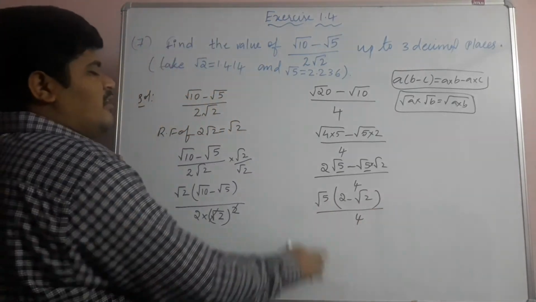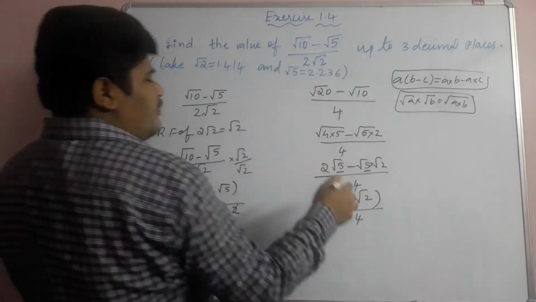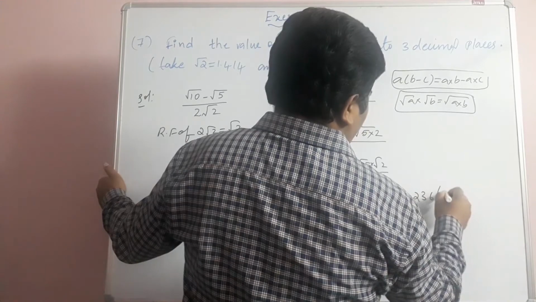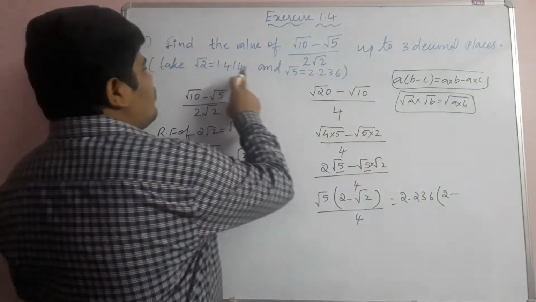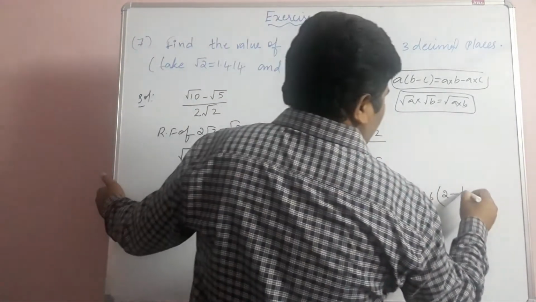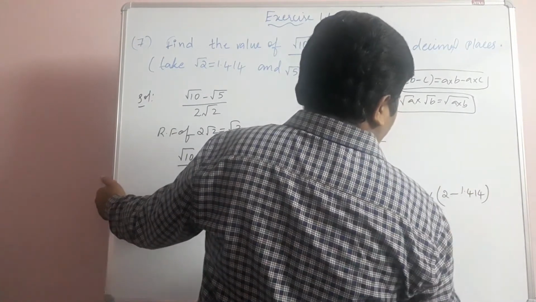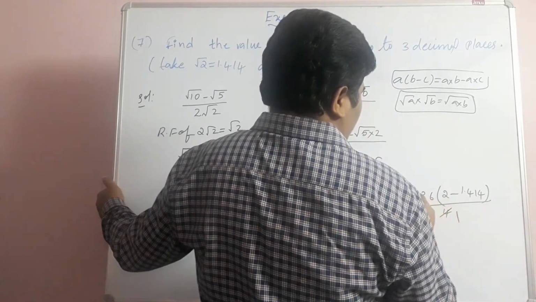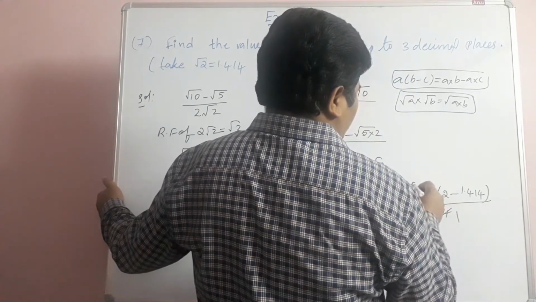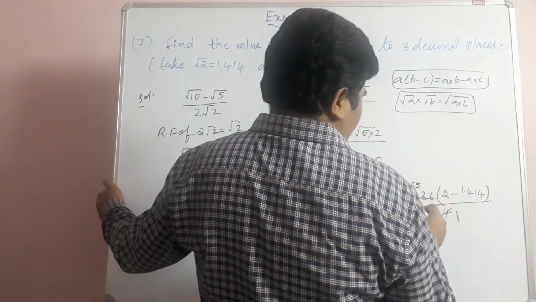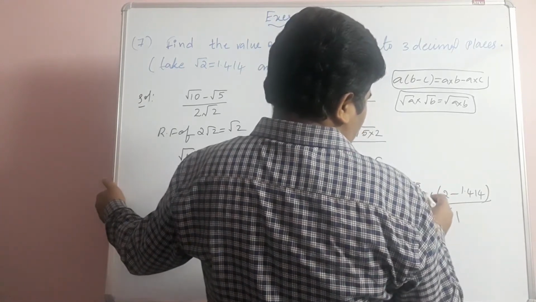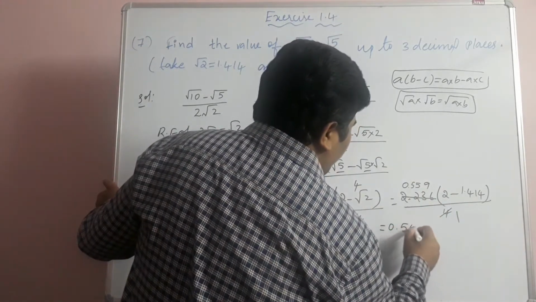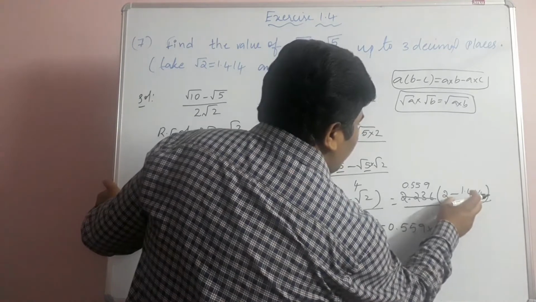So students, what is the value of root 5? That is given in the problem: 2.236. So 2.236 into (2 minus, what is the value of root 2 in the problem? 1.414), that is, by 4. So you can multiply, like 4 ones are 4, zeros, 4 fives are 20, 4 fives are 20. Okay, now 36 is there, 4 nines are 36. Again students, here 0.559 into (2 minus